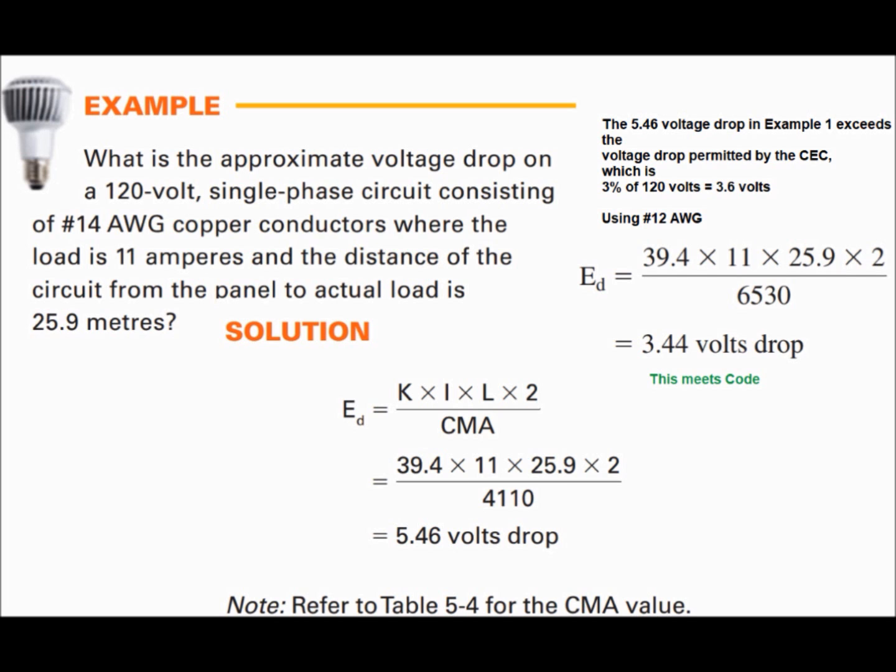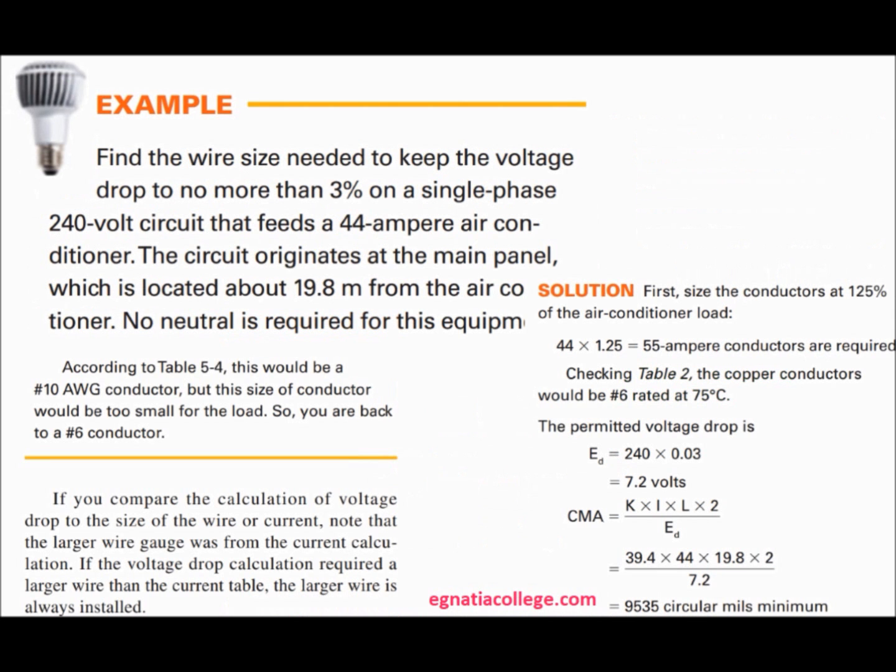Here is another example. Find the wire size needed to keep the voltage drop to no more than 3% on a single-phase 240-volt circuit that feeds a 44-ampere air conditioner. The circuit originates at the main panel, which is located about 19.8 m from the air conditioner. No neutral is required for this equipment. Solution: